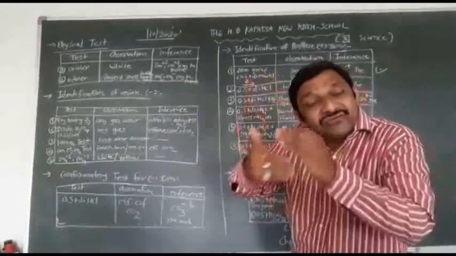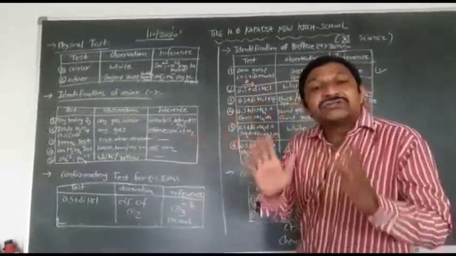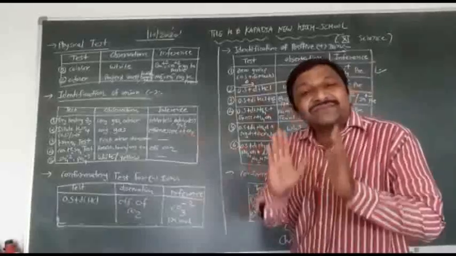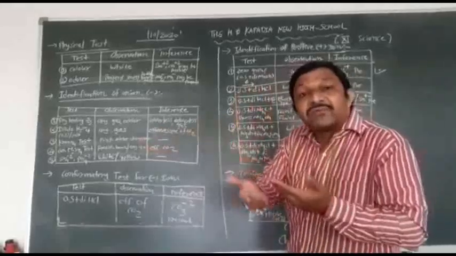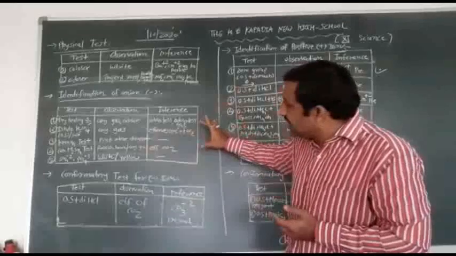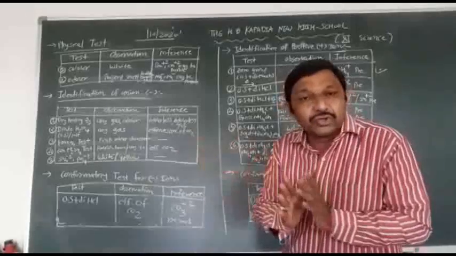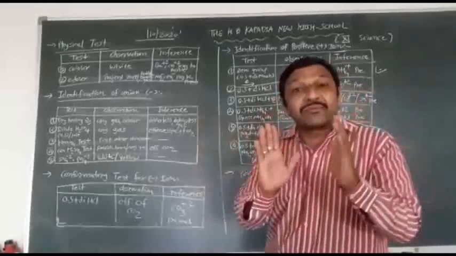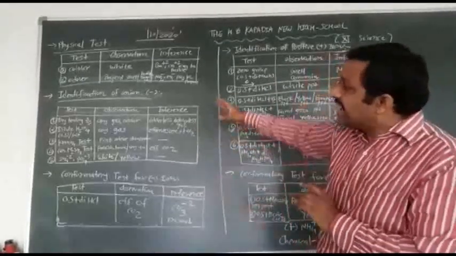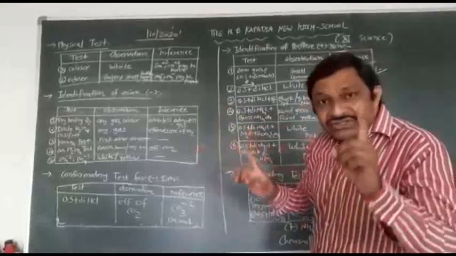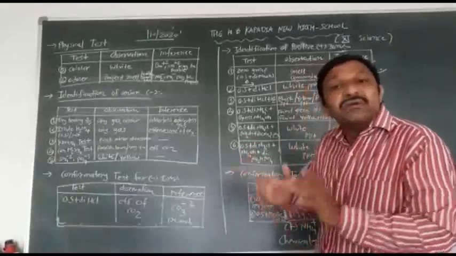That's the appearance of carbon dioxide. CO2 is liberated in this test with dilute sulfuric acid. So OS plus dilute sulfuric acid, we will get appearance of carbon dioxide. Here the very important part is the appearance of carbon dioxide, or CO2, because carbonate CO3 minus 2 is present in this practical. Clear? So in identification of anion with dilute sulfuric acid, you can easily observe the appearance of carbon dioxide in practical.